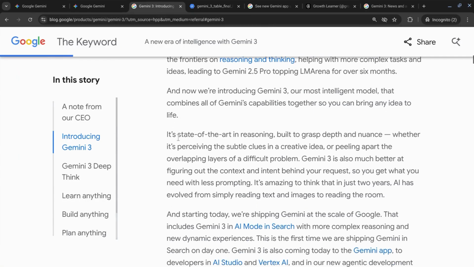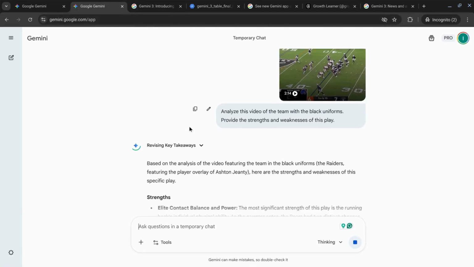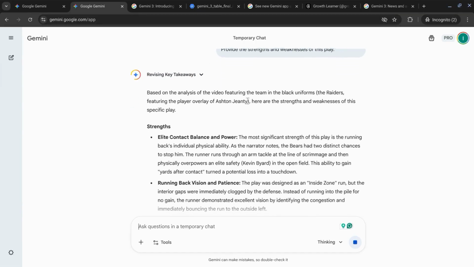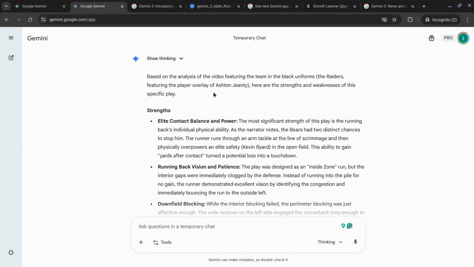with its state-of-the-art reasoning and thinking. So it will break down this video, break down the audio, and give us the takeaways, as you can see here. And based on the analysis, it's able to identify the team with the black uniforms is the Raiders, featuring